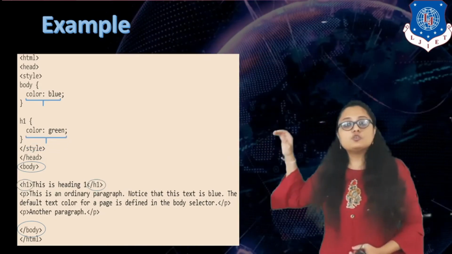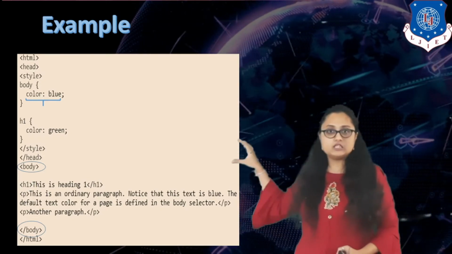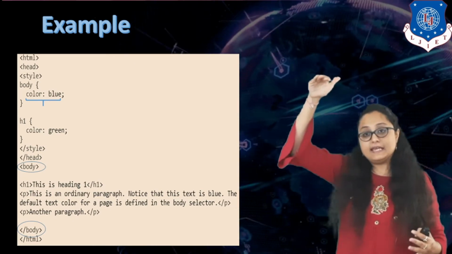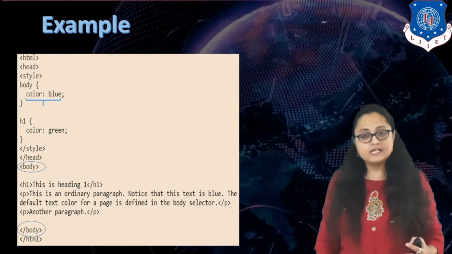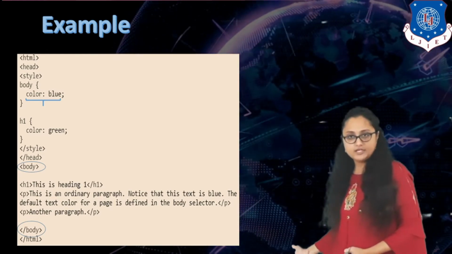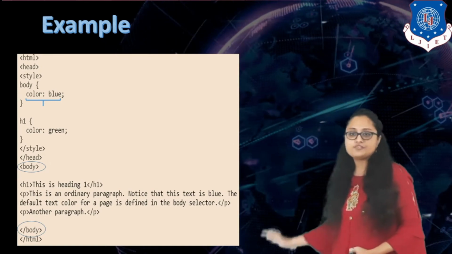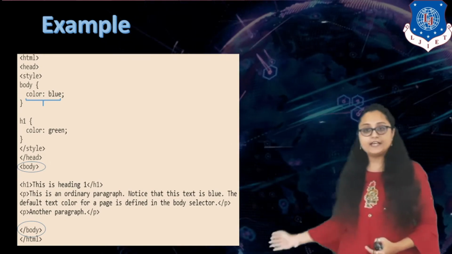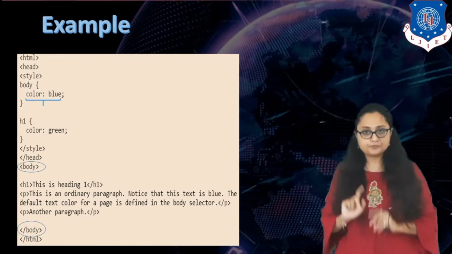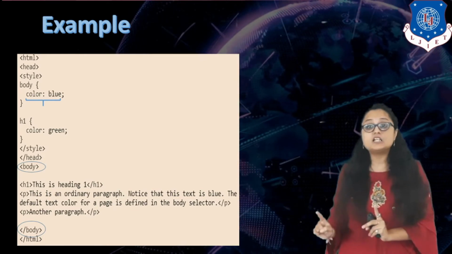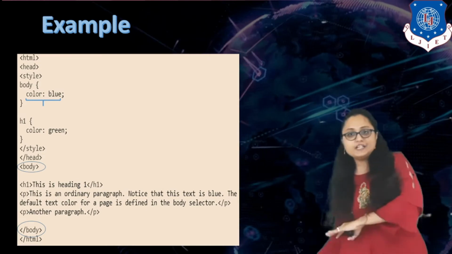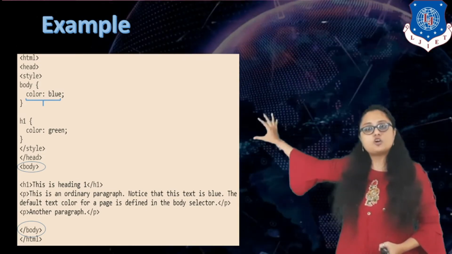Okay, so it means that if I am specifying color blue for body element, all the elements that are the child elements of body will take this font color, that is whatever you are specifying inside the body, right, whatever tags, whether it is a paragraph tag, a table tag, or a heading tag, all the font color will be converted to which color? Blue color. Okay, unless you are explicitly taking any of these elements and specifying color to it, then it may override the default color of body that you have given.